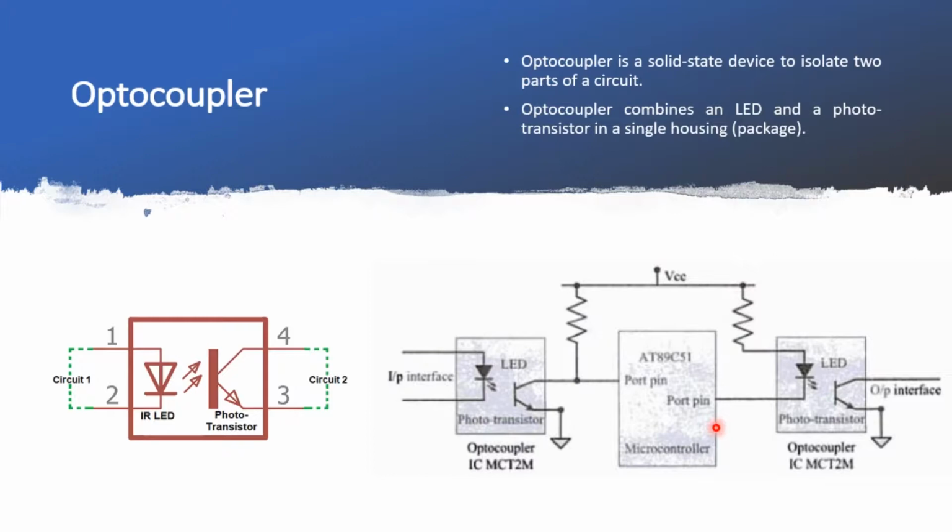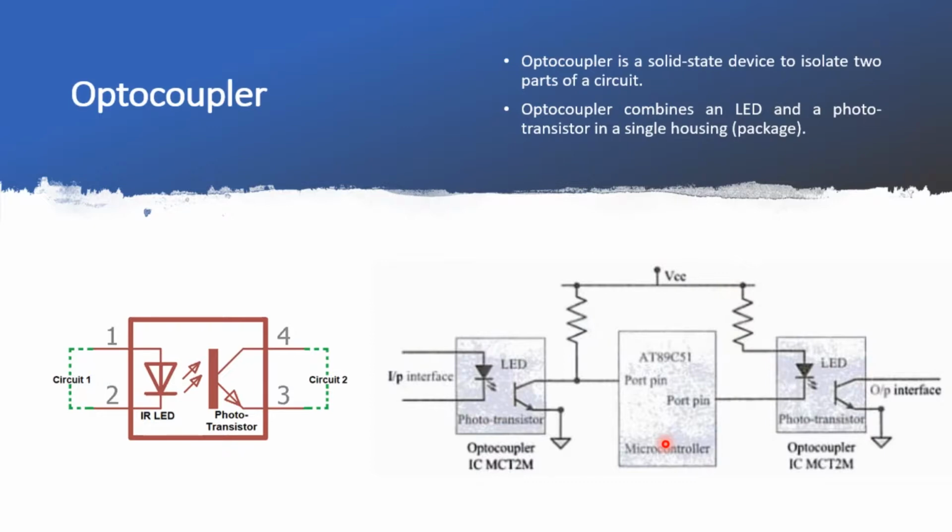And not only that, it gives me the added advantage of suppressing interference in communications also, because basically this sensor is communicating something to the controller, and the controller is communicating something to the actuator. I cannot afford to have any loss of information or any interference when this communication is happening between the monitoring device and the controlling device. So the optocoupler will help me in giving electrical isolation. It will help me in suppressing interference during communication, data communication basically.